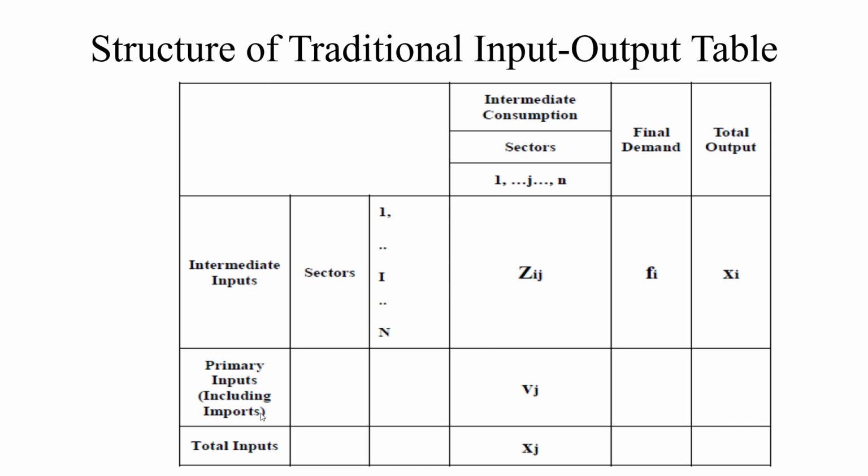Okay, and basically this is the primary input including import. While producing, they also need some imported product. They also need something which will not be available within the specific country boundary, so they will import that product from other economies. It will also include the value added, the labor, salaries, etc., and transport margin. When you add all this, it will be the total input, the input required in order to produce the specific product.